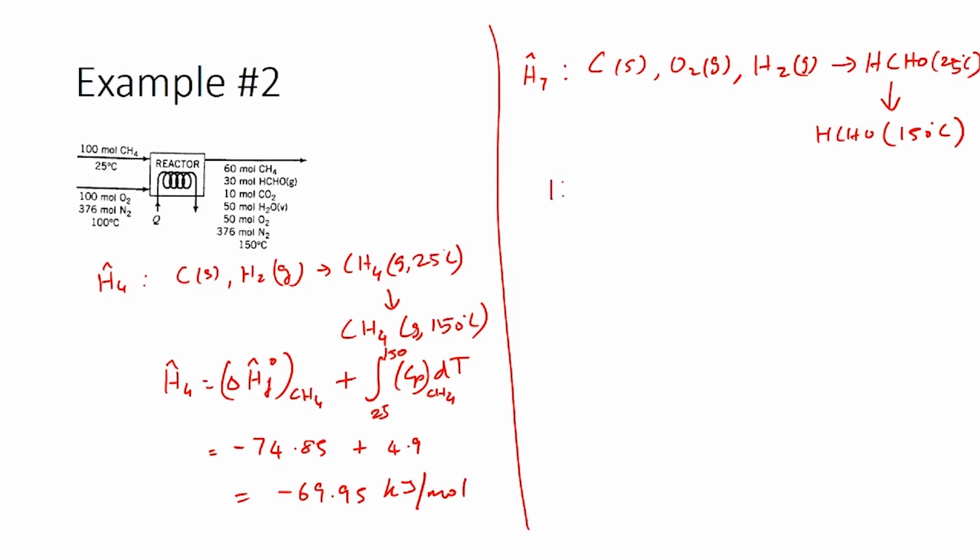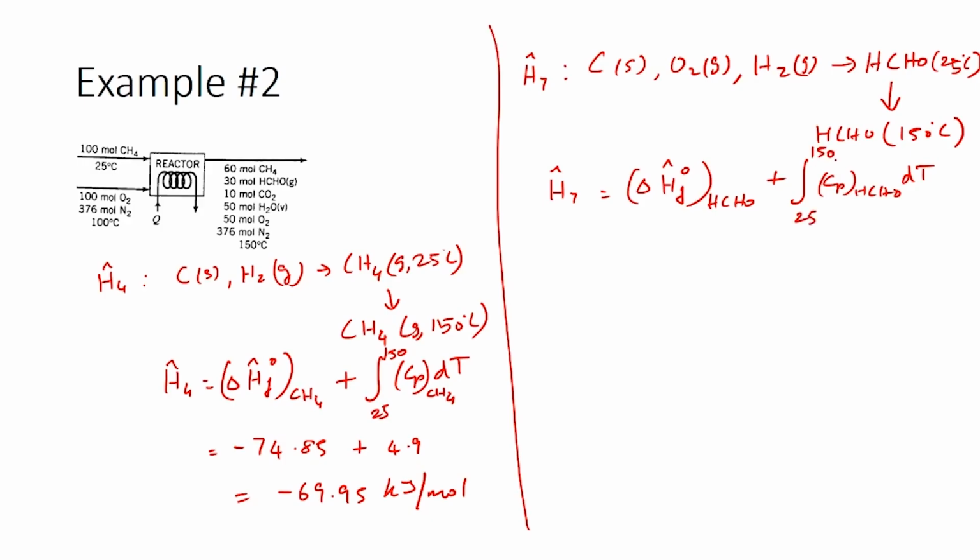So, this would mean H7 cap actually has the standard heat of formation for formaldehyde plus integral Cp dt, where Cp of formaldehyde has to be used, and the temperature range is from 25 to 150